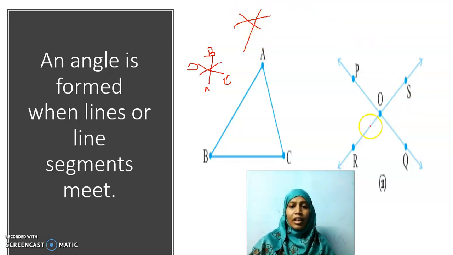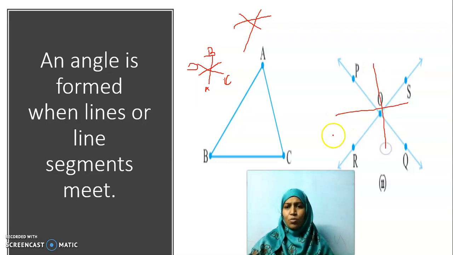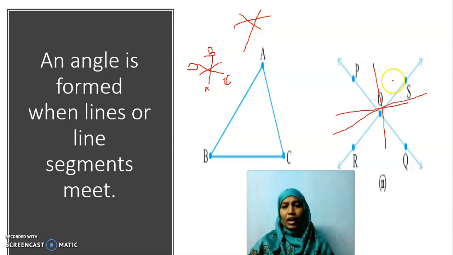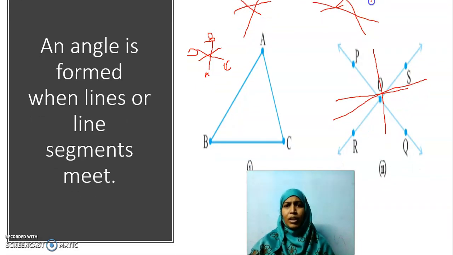Same way, in lines also, it is not always compulsory that only two lines should intersect. We can have as many lines as possible. And it is also not compulsory that all these lines should meet at one single point. As we discussed in line segments, even lines can meet at different points. All these things you will come across in networks. Isn't it? Many networks are there, no? In all these networks, we can come across lines intersecting, making angles.